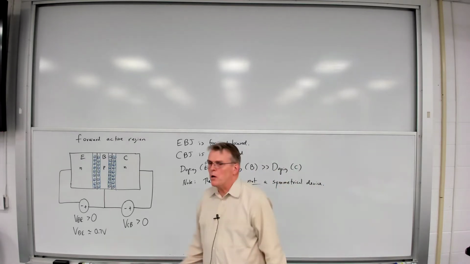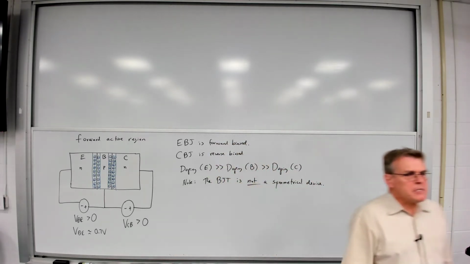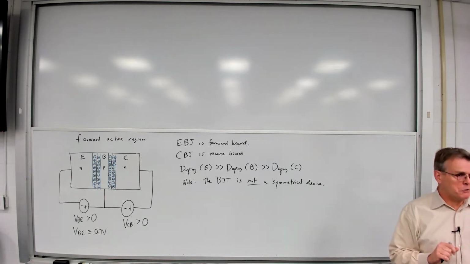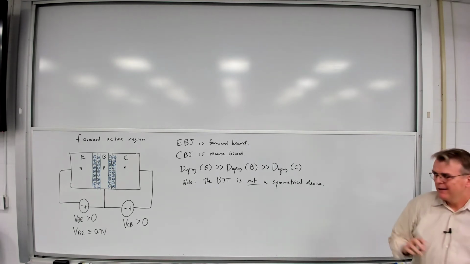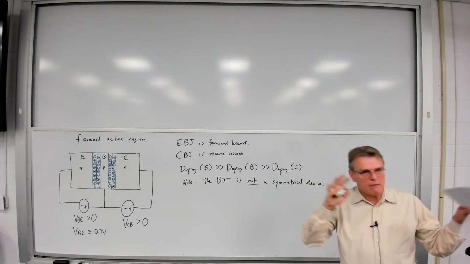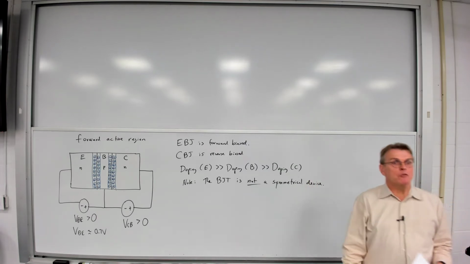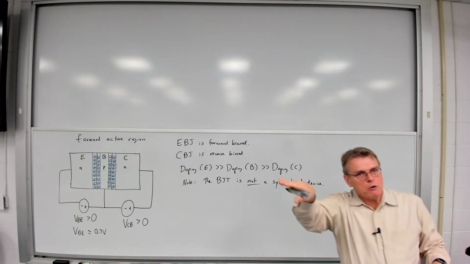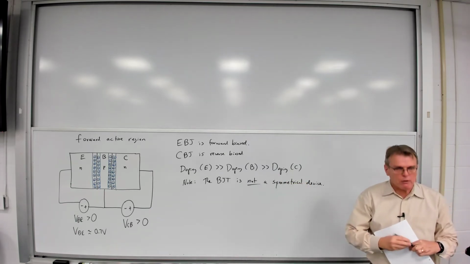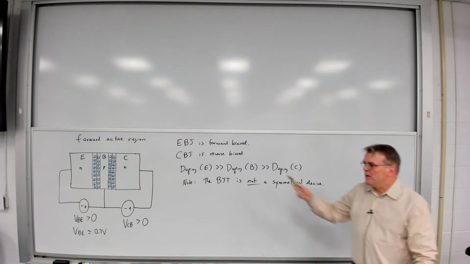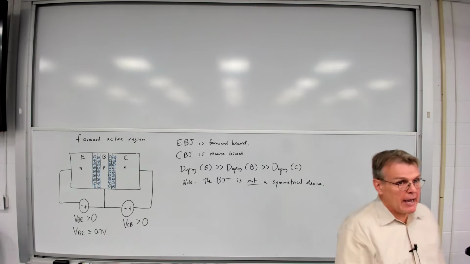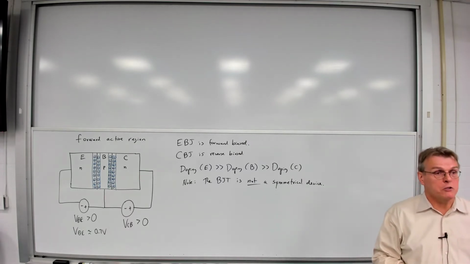All right, so how does this thing work? Well, this was, of course, the trick that it took the guys at Bell Labs to figure out. The field effect transistor had a very simple mental model. You form a channel and current flows through the channel, which is why everybody tried to pursue it for so long. This was a less than obvious model, and the guys at Bell Labs understood the p-n junction very well,